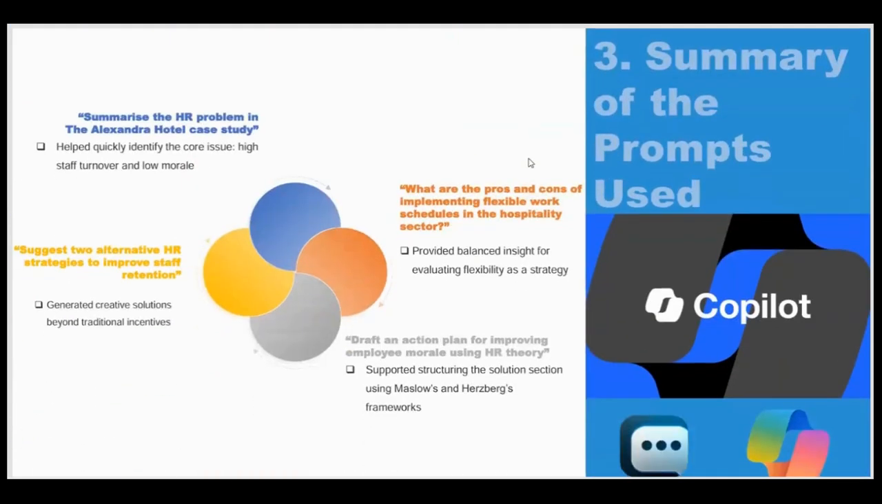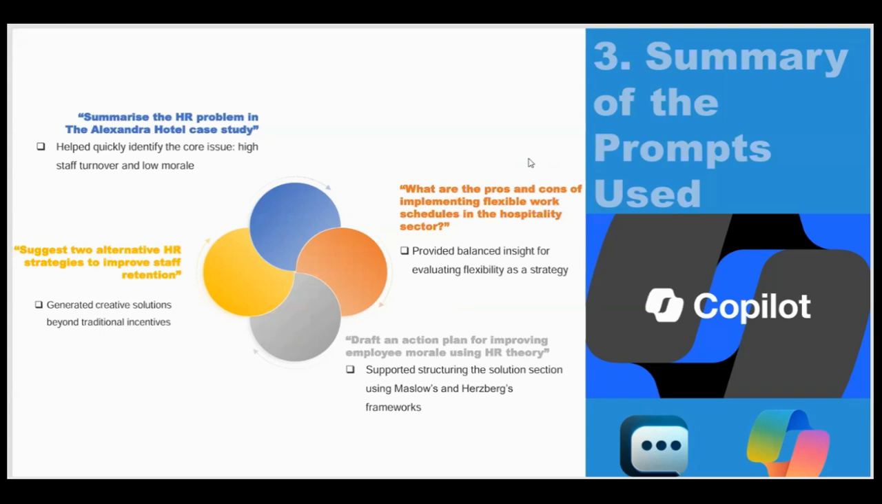Next part is about a summary of the prompts used. For each phase in creating my report, I issued targeted prompts to Microsoft Copilot. I used Copilot and asked it to summarize the human resources problem in the Alexandria Hotel case study for a simple understanding of the key points. So I look at